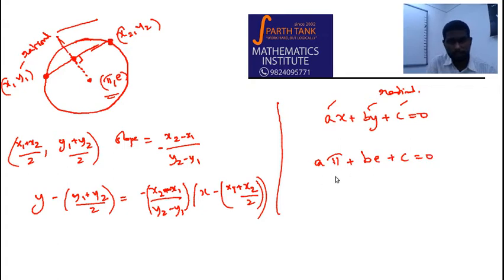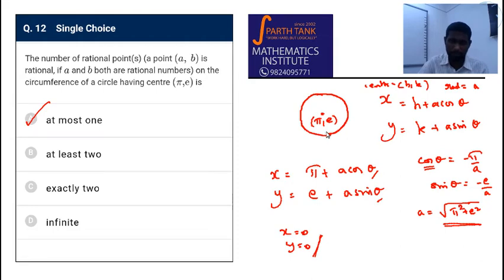now this shows it can be 0 only if all a, b and c are 0. No other case is it going to be 0, because this is all irrational numbers and all rational numbers. This can never be 0. Correct? Therefore, there cannot be 2 points. If there are 2 points, then there will be a line like this. So even if there is any point, there can be at the most 1 point. And that 1 point is the origin. For a particular circle, it has to have this center and this as the radius. I prefer this method because you also are able to find that 1 point.